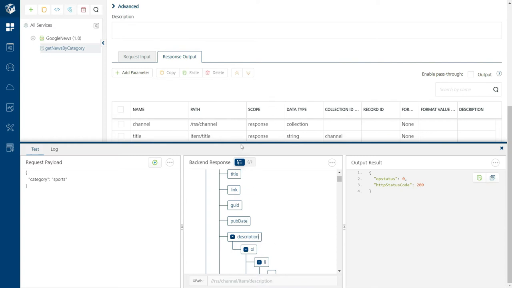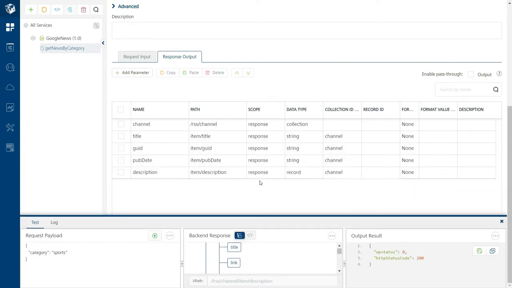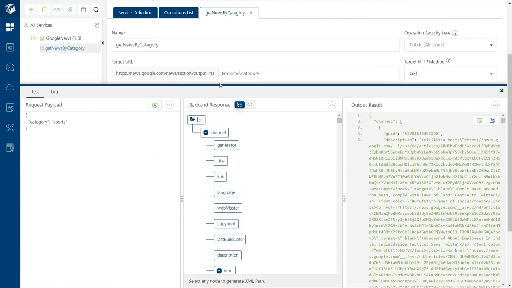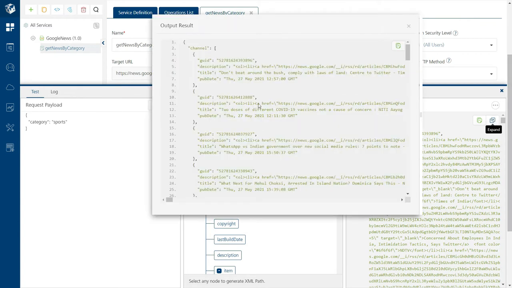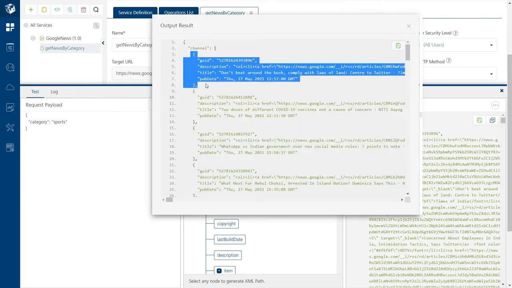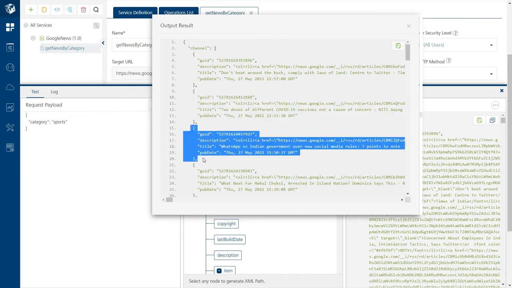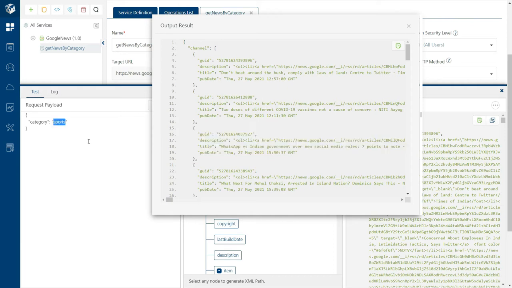So accordingly, we have created these response output parameters here. So now when we test the operation once again, we will be able to see the output result. So we are getting the results back, each JSON object representing the news article of that particular category that we are sending as input.